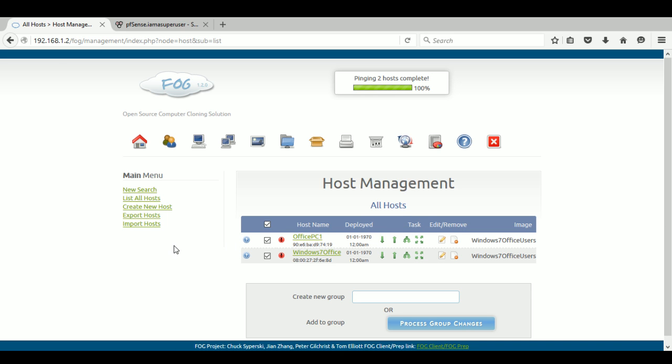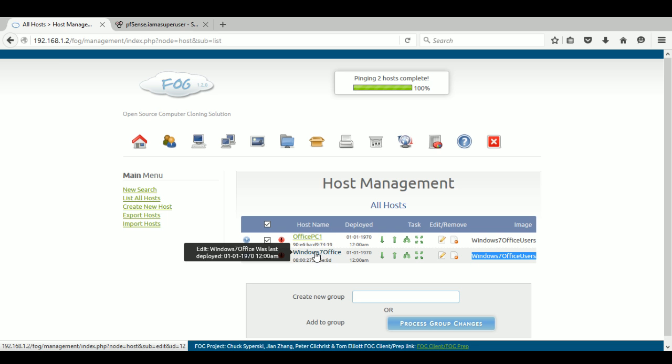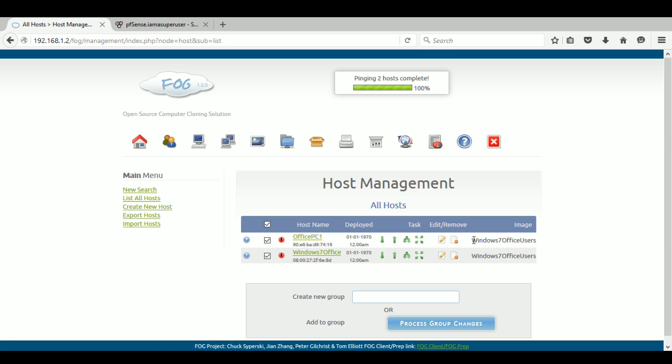So what happened is we uploaded this host into this image, and now that this image has captured the configurations and all the settings of this machine, we are downloading this image into this computer. So just click download,